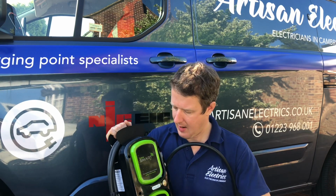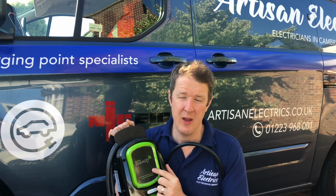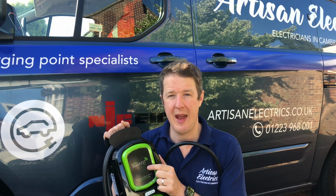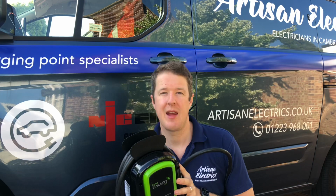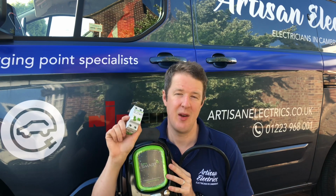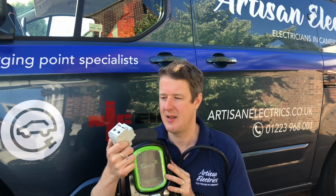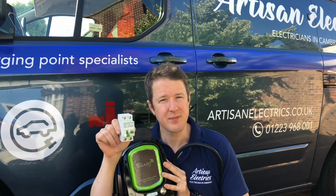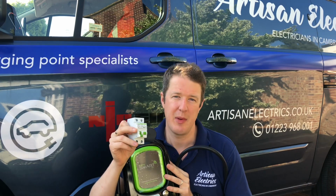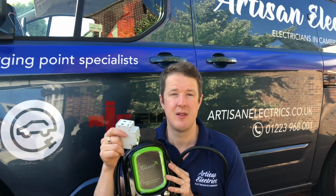Now because these have the smart communications unit inside, there's no space for an RCBO. The Rolec units used to have a double pole RCBO built into them, but that's no longer the case. But what Rolec have done is they've still provided the RCBO in the box. So that means you've got the RCBO included in the price, you don't need to buy one separately. And as per regulations, this is a type A RCBO, so it does both AC and DC currents. You've got the little symbol there on the RCBO, and this is a C40, so perfectly standard for this 7.5